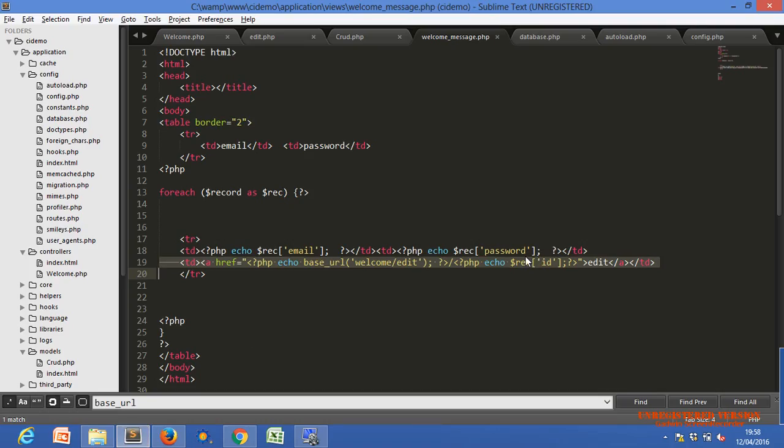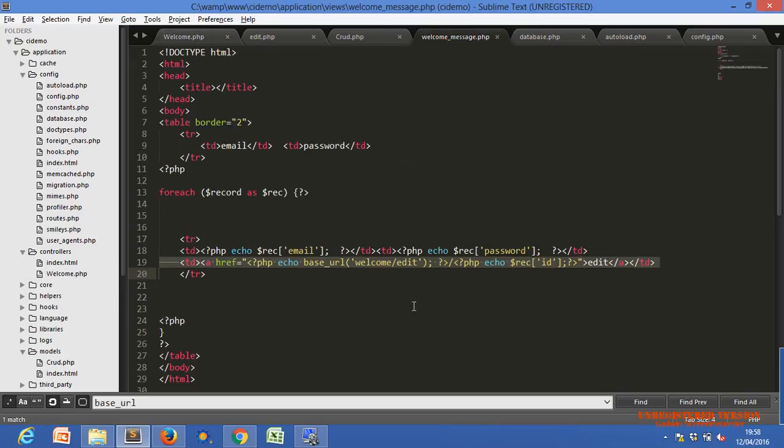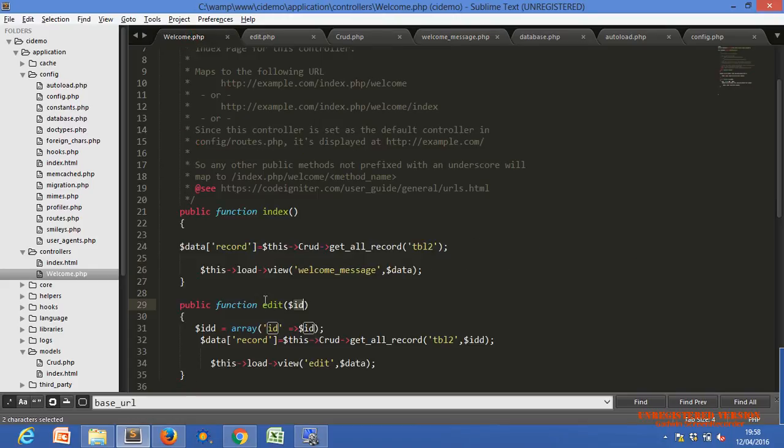Then after this, we have created an edit method because we call the edit method. So I just created the edit method with one argument. The value of this variable is assigned by whatever comes after the slash of edit.